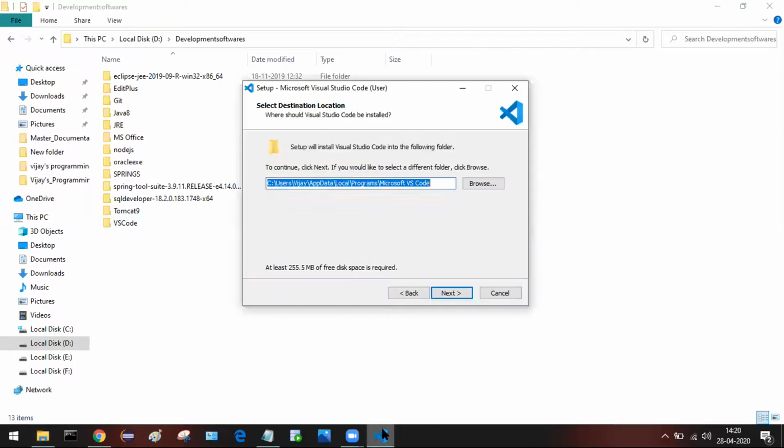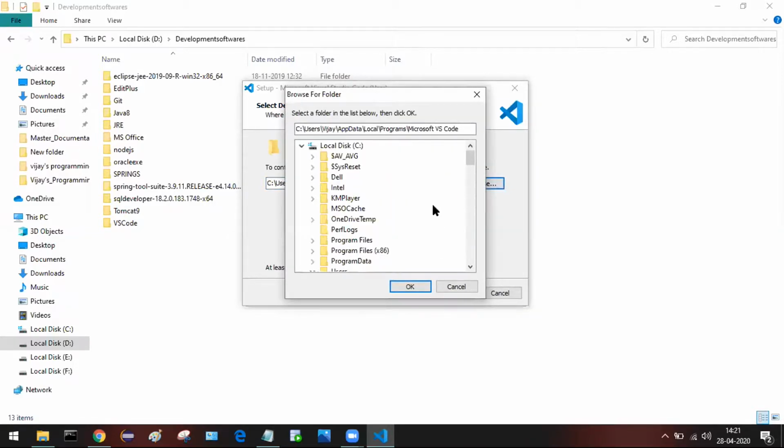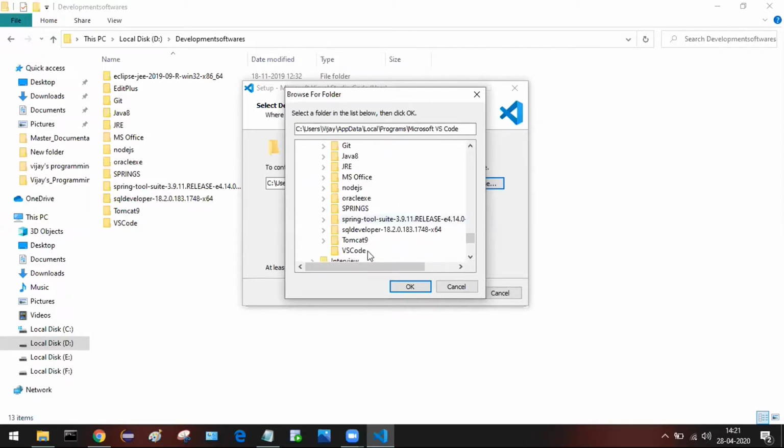Okay, just direct the installation to that folder. Click on browse, and I have created a folder called development softwares. In the development softwares, I have created VS Code. This is the folder where I want to install Visual Studio Code.